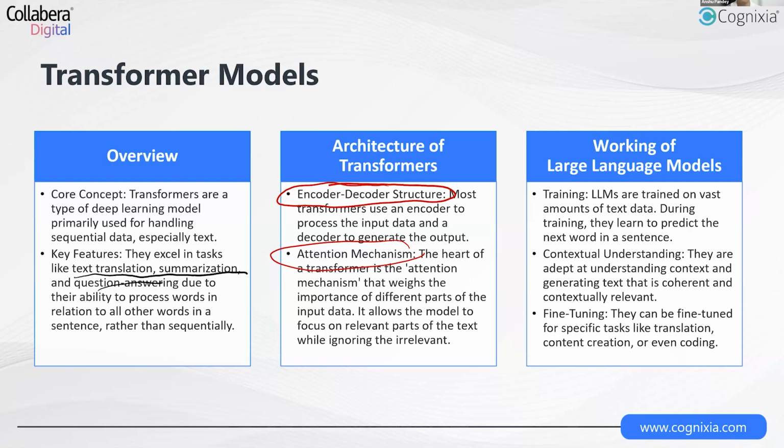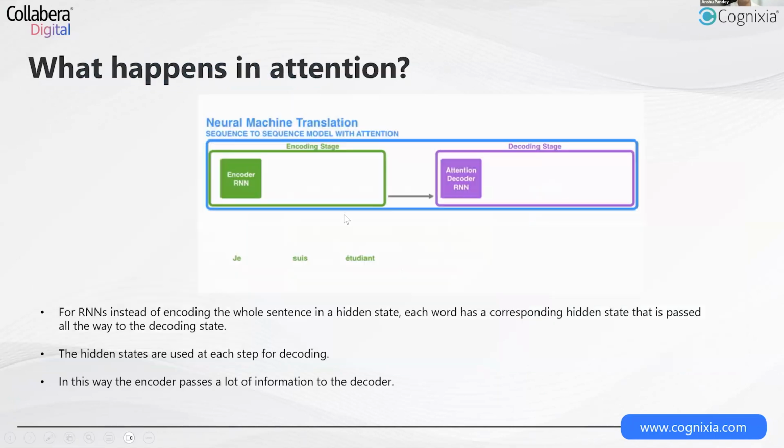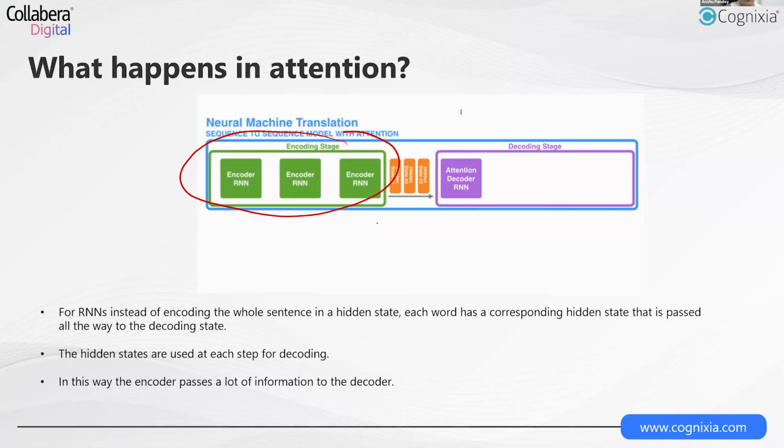Let's take an example to understand transformers a little bit more effectively. For detailed understanding, we'll have a course in which we can get into depth of it. A quick idea of a transformer could be here. Here's an example of what happens actually in an attention model. Think of this as the encoder. An encoder will take multiple words in a sentence, and for each of the words, generate a context vector. That context vector will be scored, and an attention decoder will generate the sentence in another language using that context vector.